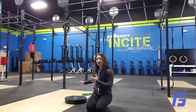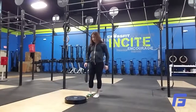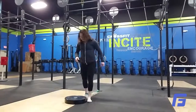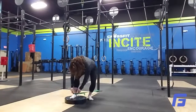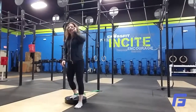Once you do those, then you're going to come over to the rig. You're going to put a band at the bottom, and you're going to have a plate or step, something that's between like 4 and maybe 8 inches tall. Then bring the foot up here. The band should be just below the bones in that foot. From there, that heel is going to stay flat, and you're just going to shift your weight forward over that